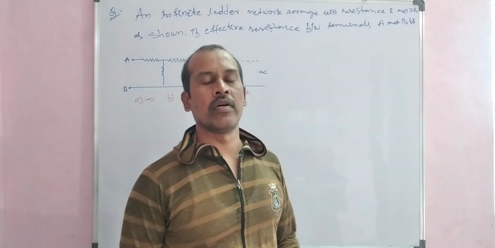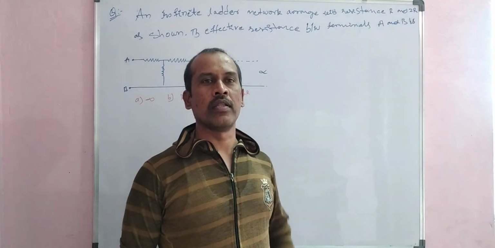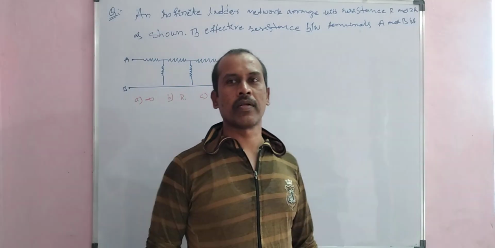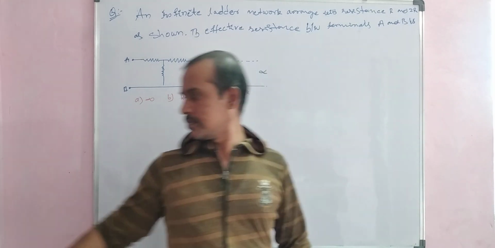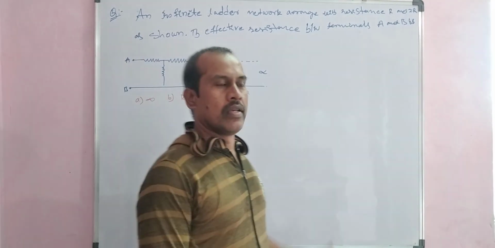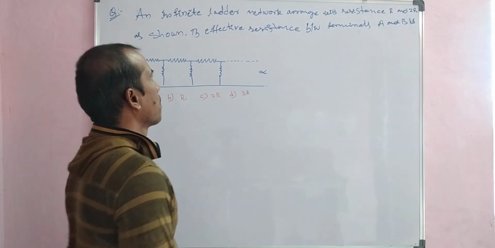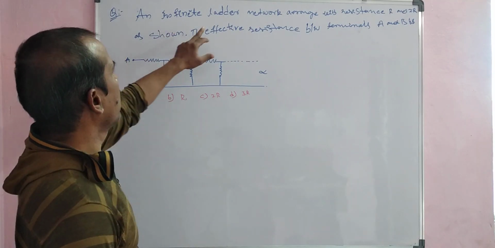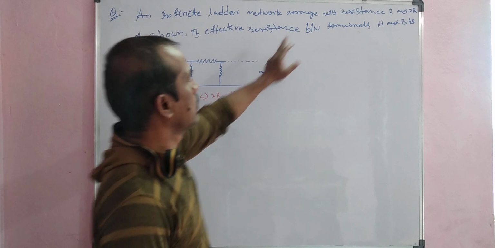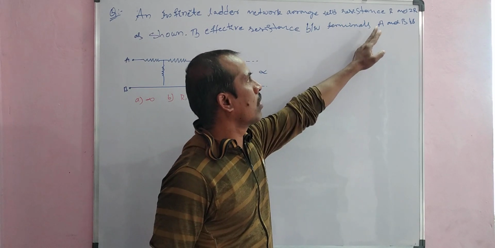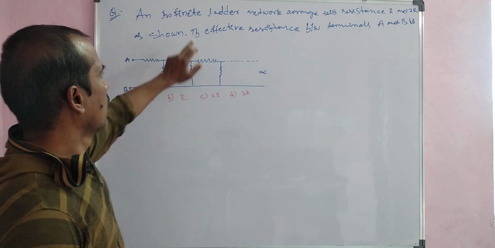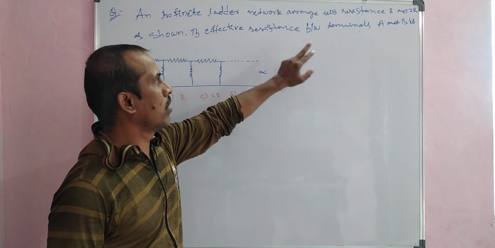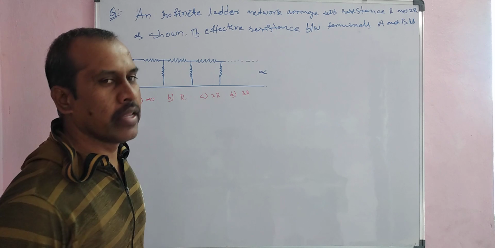Today we will discuss some problems on resistance, previous IIT JEE Mains problems. Here, see the first problem. An infinite ladder network is arranged with resistances R and 2R as shown. The effective resistance between terminals A and B is